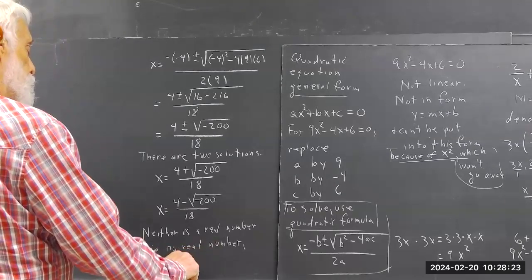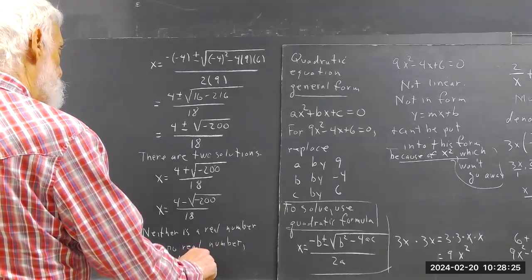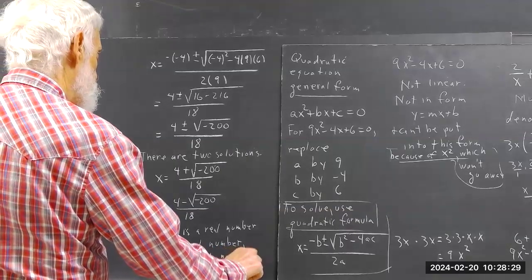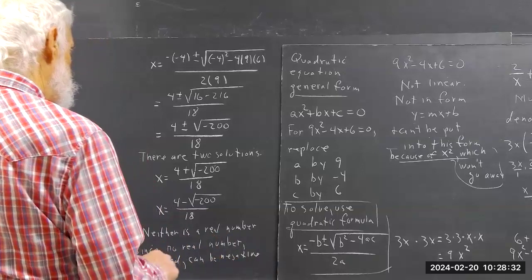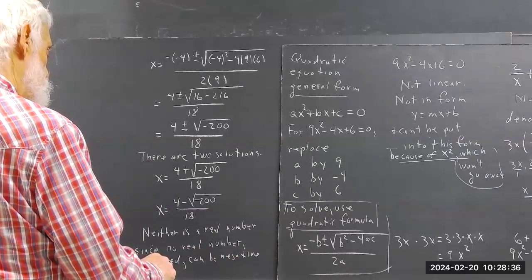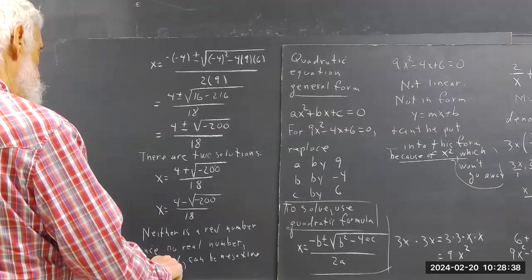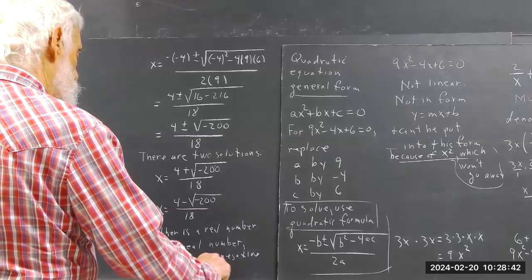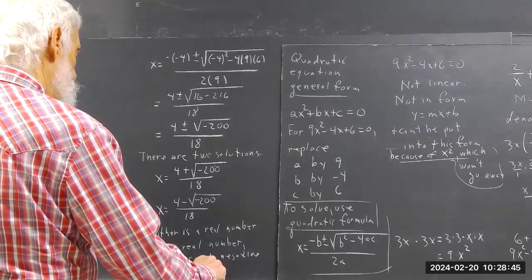I'll say since no real number squared would be negative, thus the square root of negative 200